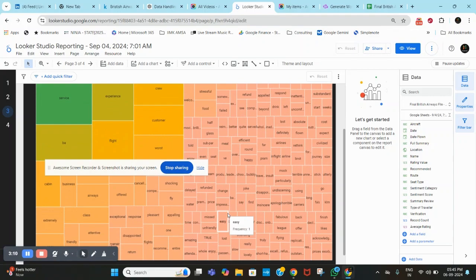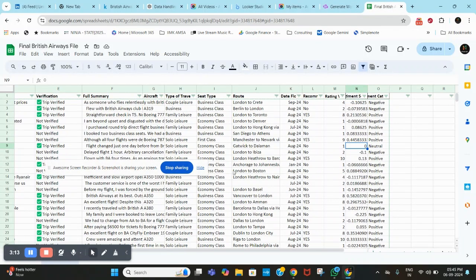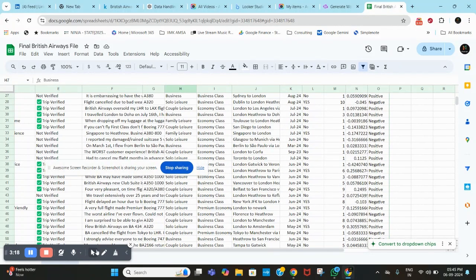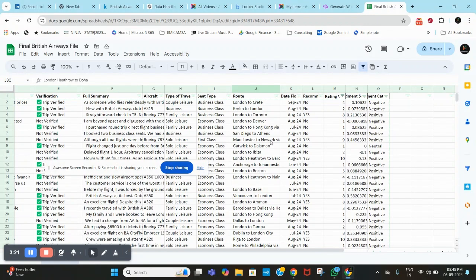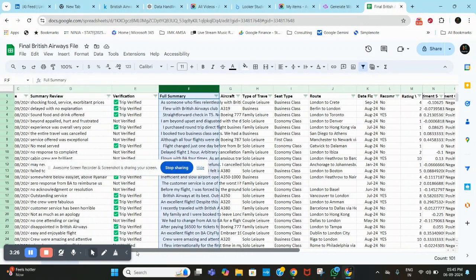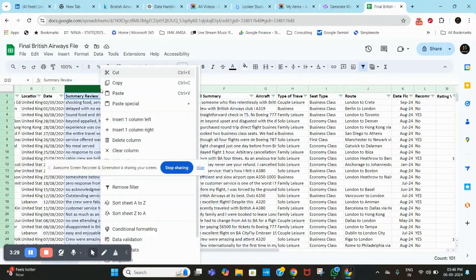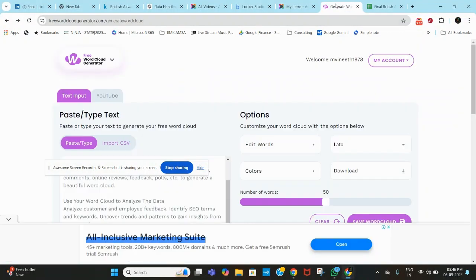So for that, we'll go to the sheet or the CSV file that we have downloaded, and we'll get the full summary, or rather the summary review. Okay, so we just copy this, and we'll go to the site called